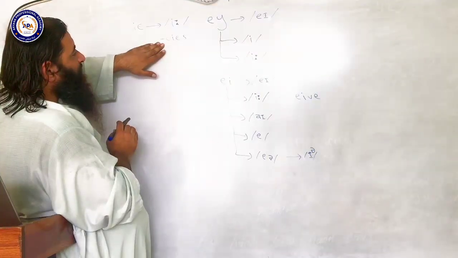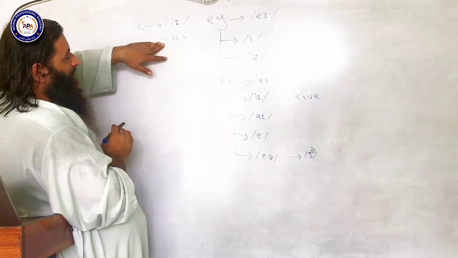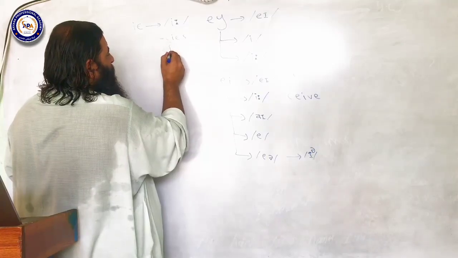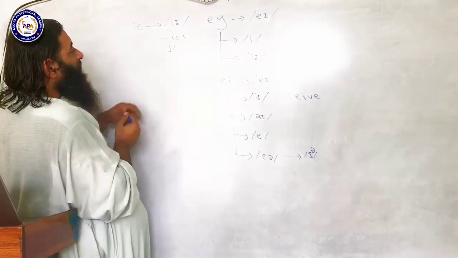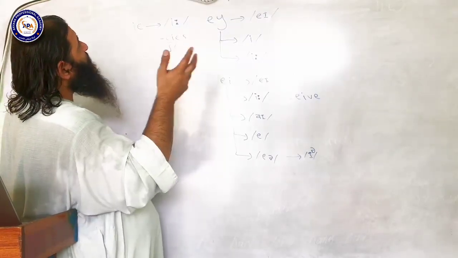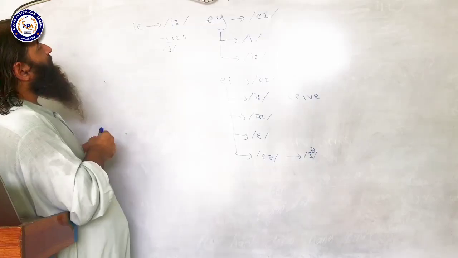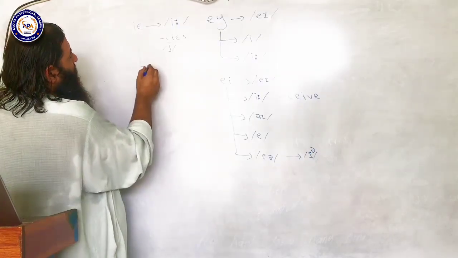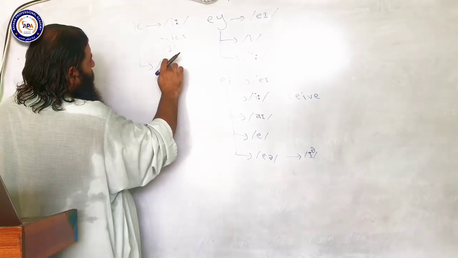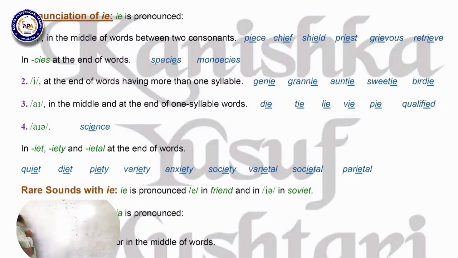But here, this ending is excluded from that. It is an exception, and it is only when C is pronounced sh. In that case, the spelling will be IE, not EI, like species and monoecious. And the second sound given by IE is E, the short form of the sound above, short front vowel. And this sound can be given at the end of words which have more than one syllable, like genie, granny,